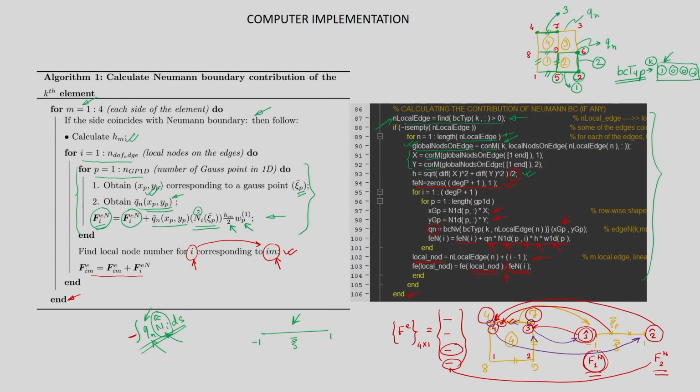Alright. So that is why the calculated F1n, okay, that corresponds to node 1 hat, will be added to the third entry of the force vector, and similarly F2n will be added to the fourth entry of the element force vector, alright. So please note down this error correction, because we always go anti-clockwise, okay. In order to do that, 3 has been mapped to 1 hat and 4 has been mapped to 2 hat, alright. So this is always followed, alright. We move along the edge, we move in the counterclockwise direction, alright.